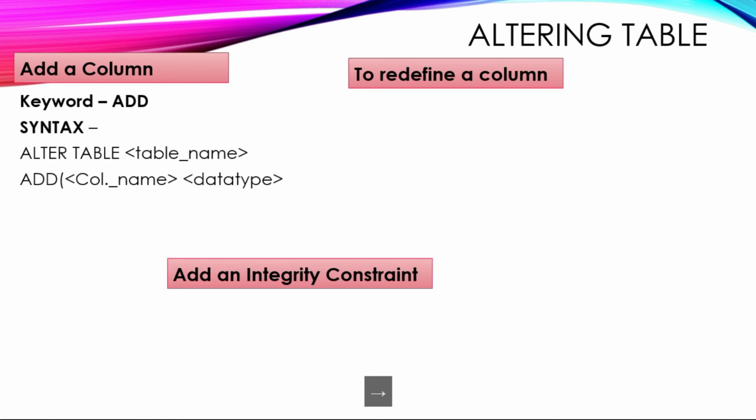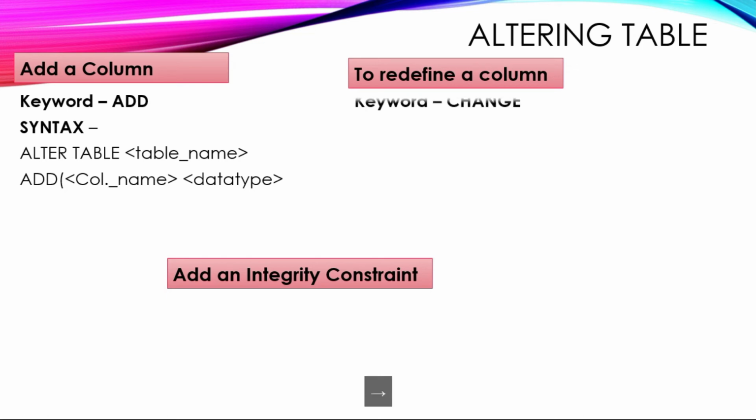And the syntax is alter table, name of the table, use keyword add, and whatever column you want to add. If you have already created a table and if at the end you want to add one more column in that table, then you don't need to create that table again and insert the values. You just need to use alter command with the add keyword and it will help you to create additional columns.